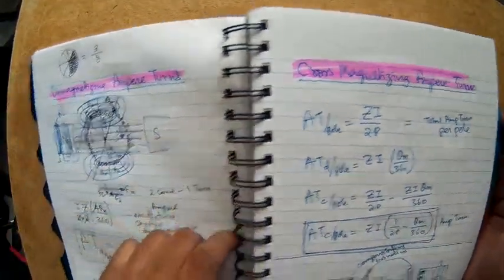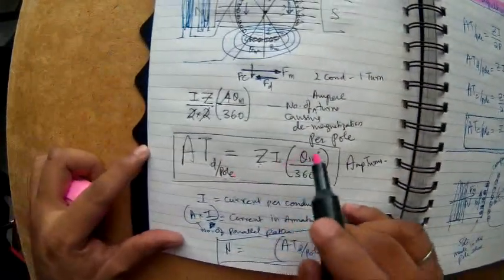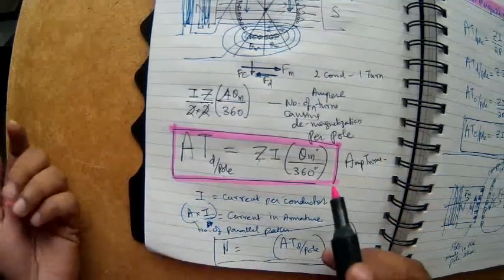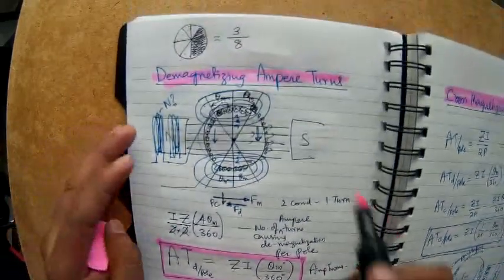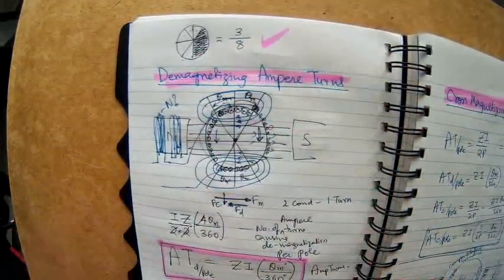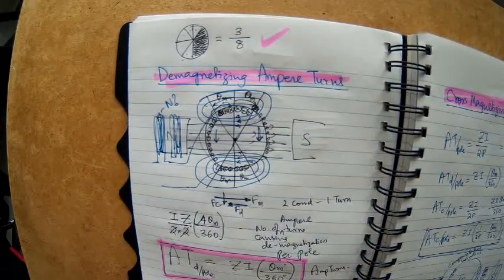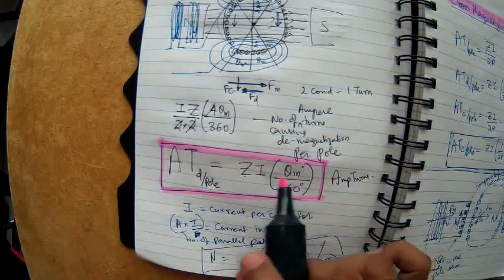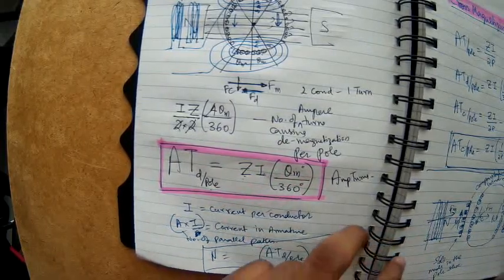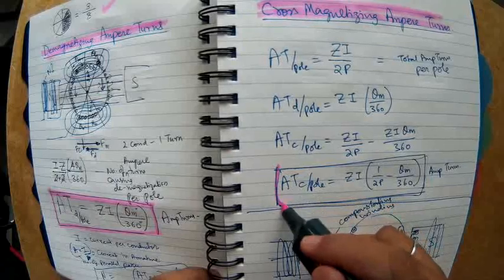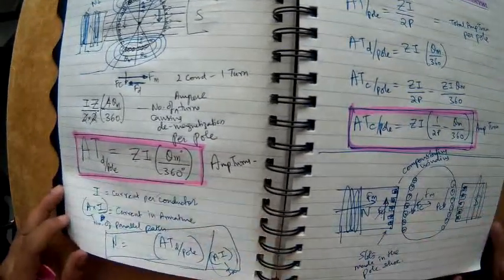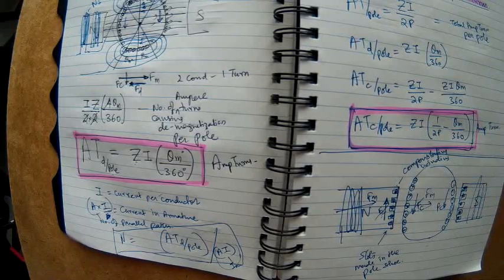So how many conductors are demagnetizing? This is the formula we got for that. It's not very complicated, it's just math, as I showed in one example, simple kids' mathematics, just finding out where the demagnetizing conductors are and then how many of them. Similarly, the cross magnetizing conductor is also a simple formula. So using these two, we'll solve some problems so that you get some idea. I hope these problems will help.